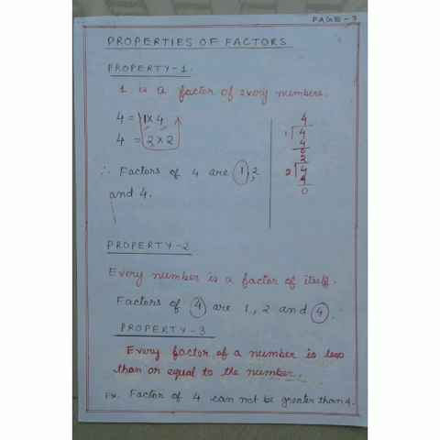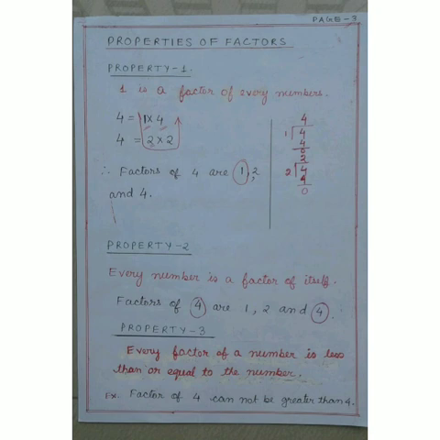So, if I write the factors, it is 1, 2 and 4. As 2 is 2 times, I shall write 2 only once. So, factors of 4 are 1, 2 and 4. Here I can see that 1 is a factor of 4. So, 1 is a factor of every number.